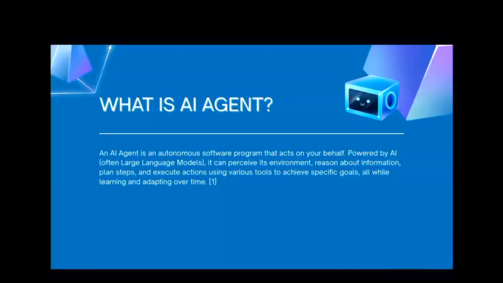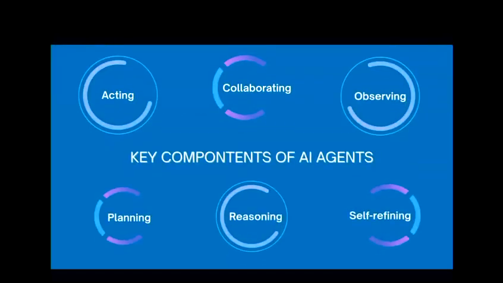Alright, so let's start with the most basic and simplest one, which is: what are AI agents? There are various definitions across different sources, but in general, they all agree that an AI agent is a software system that uses artificial intelligence to pursue goals and complete tasks on behalf of the user. They can reason, plan, remember, and make decisions while having a level of autonomy, learning and adapting as they go. So that's the key component of the AI agent.